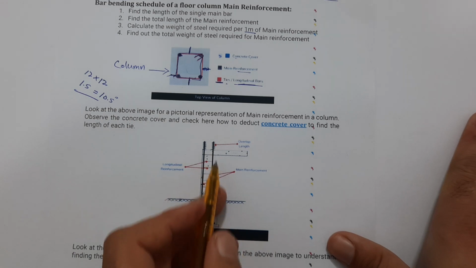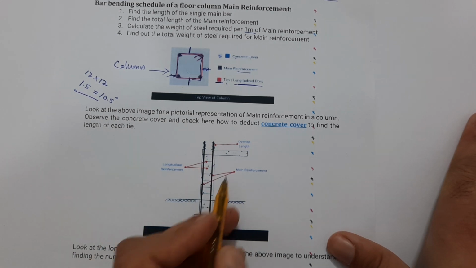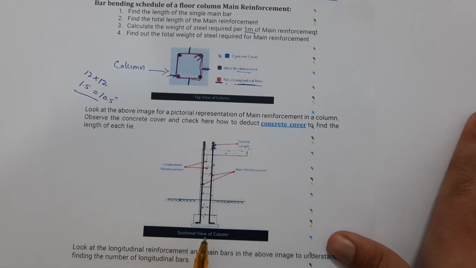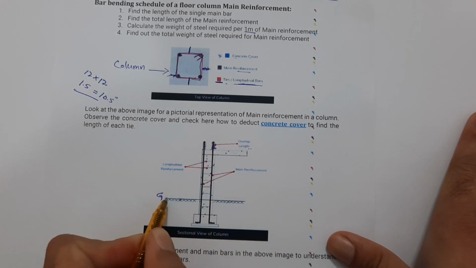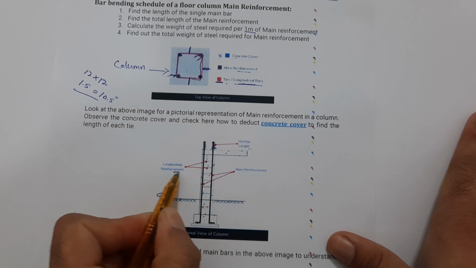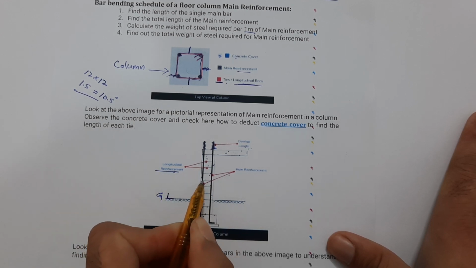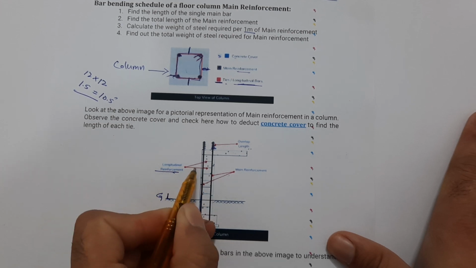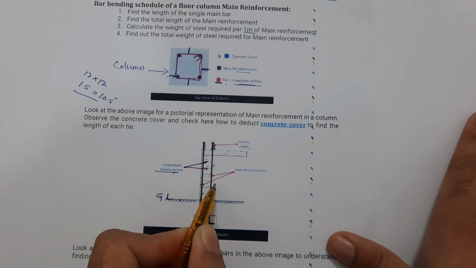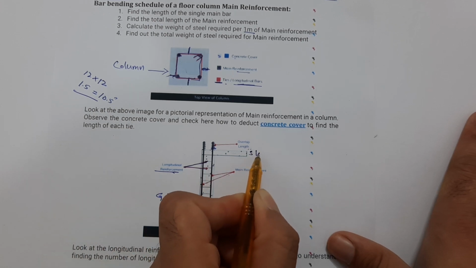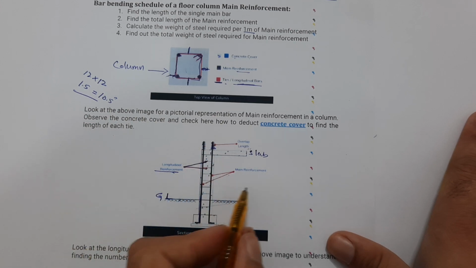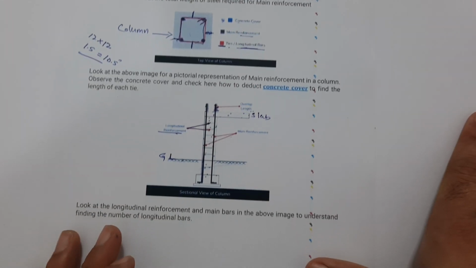Now guys, you can see the longitudinal bars. So this is the section. Here you can see this is the overlap length. From the foundation you can see this is ground level. These are longitudinal reinforcement, and these are main bars. The black ones are main bars, and ties are also called longitudinal reinforcement. So guys, you can see this is the slab, and above the slab you can see the overlap again, etc.